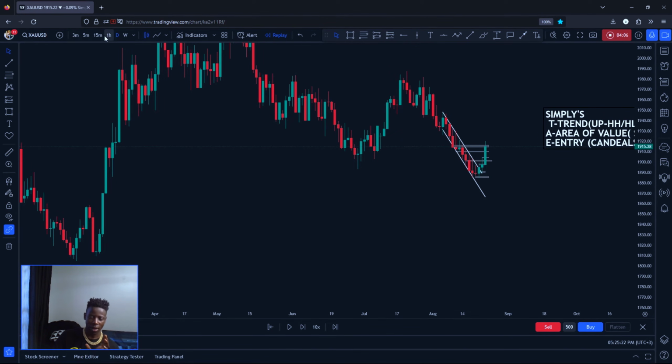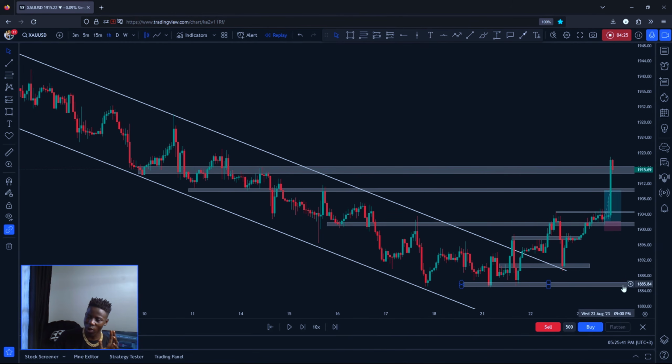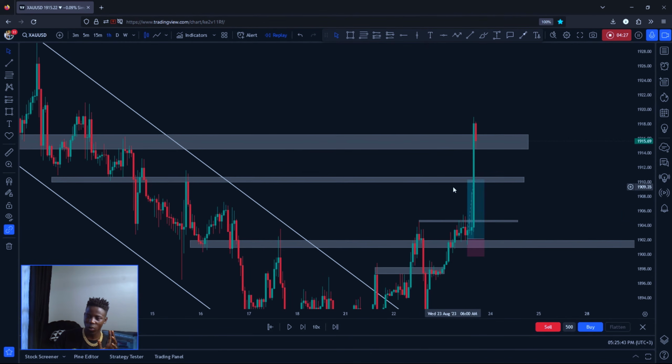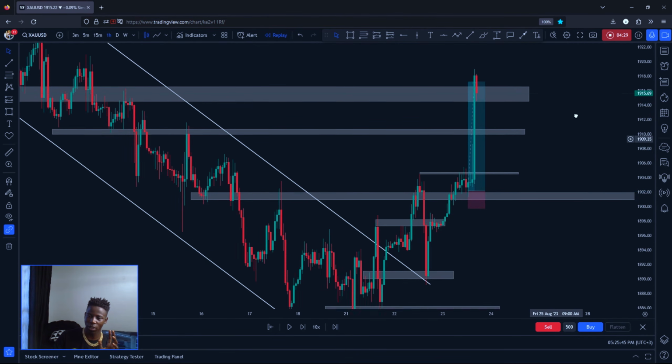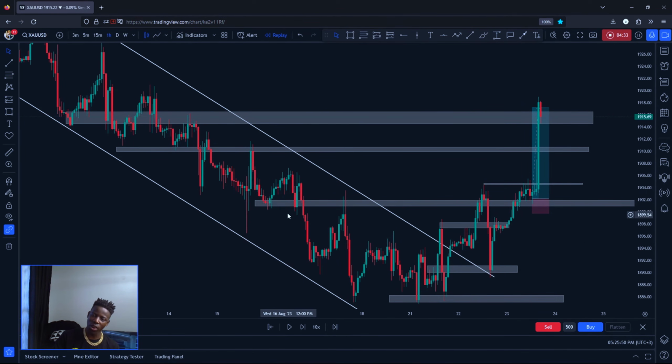But remember, on a daily candlestick, all day traders and scalpers trade from the daily candlestick, just one candlestick, which means being at the support is not a big deal on a daily. It just gives us a bias in case we see any buyers stepping into the market, so that we can really trust the process. Then on a lower time frame, which is the 1H, you can see it even smashed up to this point. Now on the 1H, this is where you draw your supports and resistances.